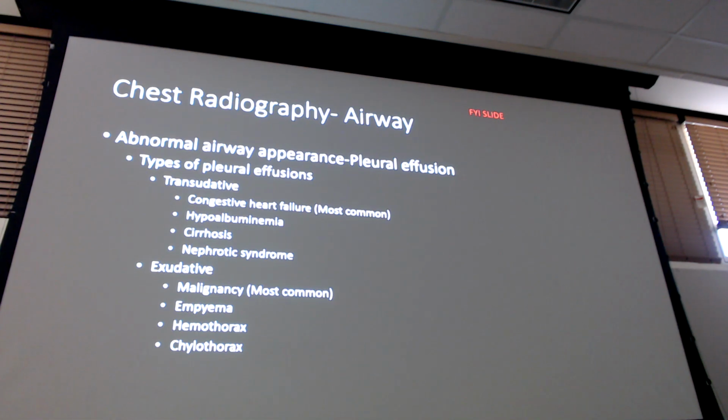Right? In our field, for those of us who are going to be treating active duty medicine and working in the military after this, trauma is going to be probably the most common thing you're going to see. But for those of us who are going on to the outside, right, CHF or malignancy, which basically is just another word for cancers, are probably going to be more common that you're going to see when you're treating the general population. So really for all of us, eventually once this comes off, it'll end up being CHF or malignancy